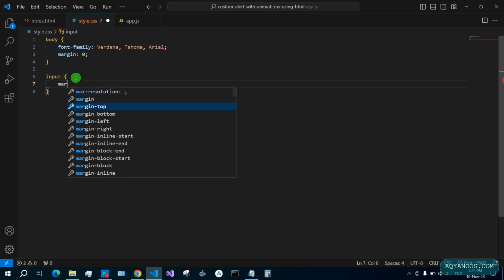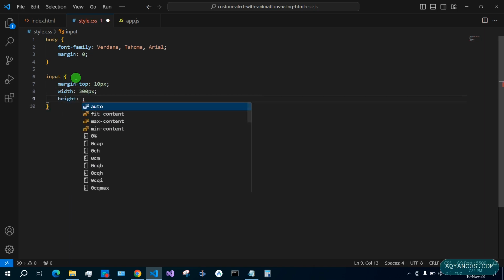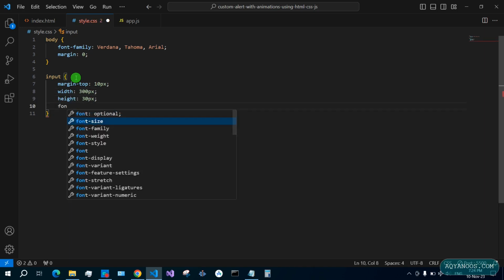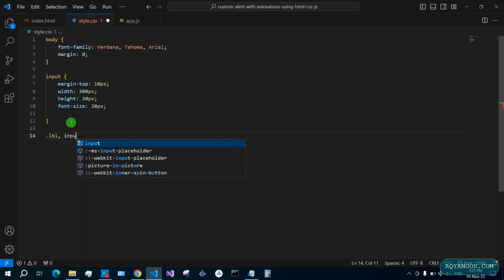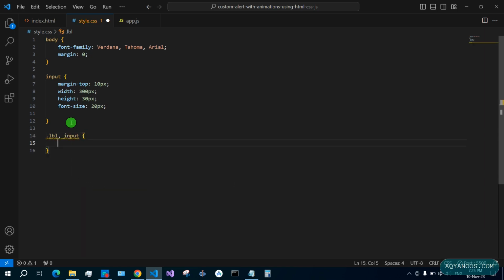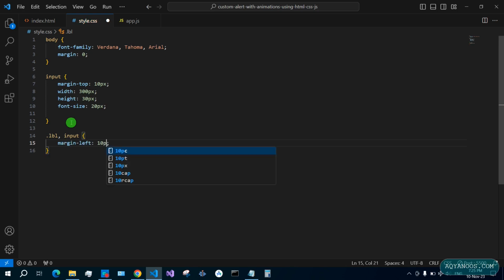Input margin top 10 pixels, width 300 pixels, height 30 pixels, font size 20 pixels, and then for the label lbl and the input you want to give both of them margin left 10 pixels. Then the bold class,